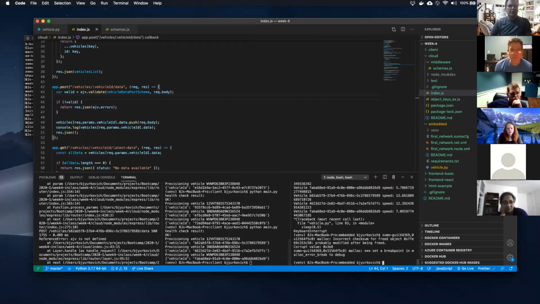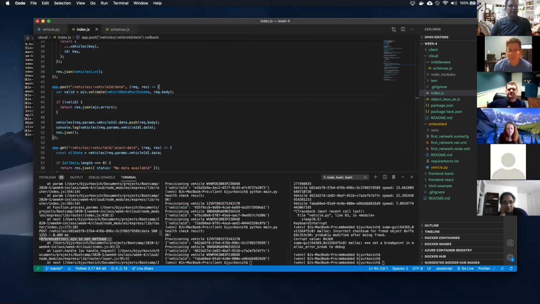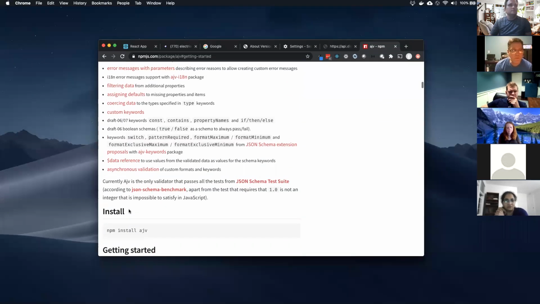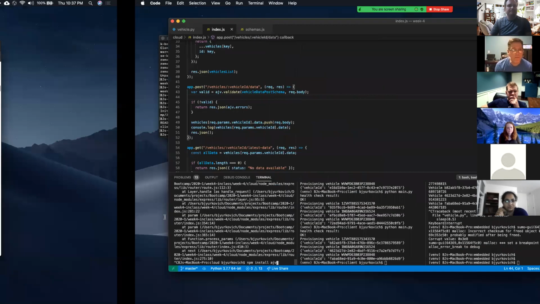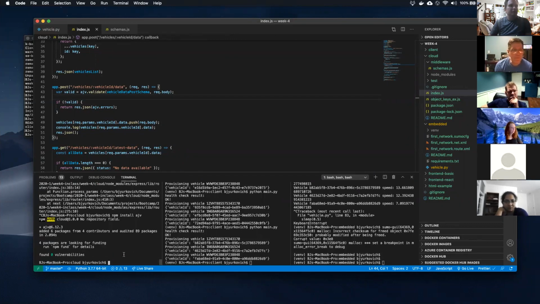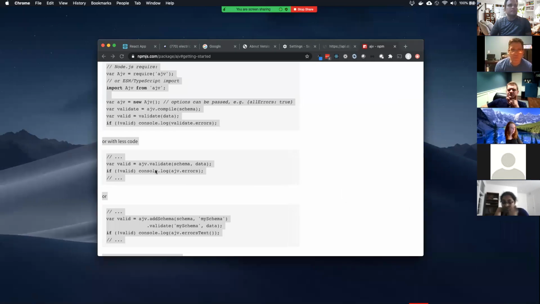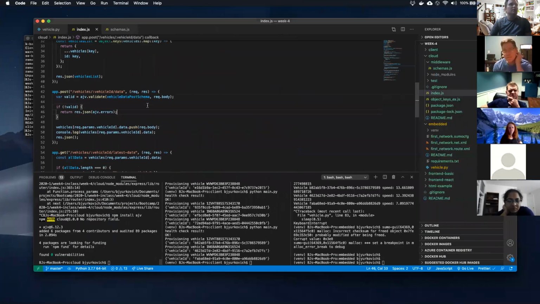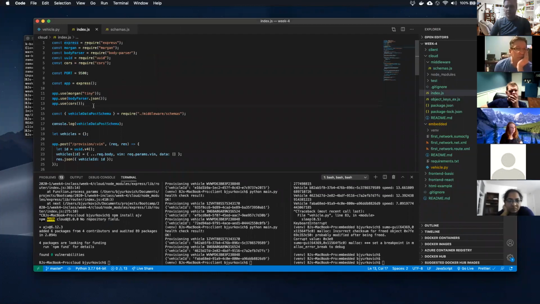And it is not defined. See that? AJV is not defined. Why is that? Because we need to install it, right? So npm install ajv. We have to install it first, and then we have to import it. All right, so that's installed now in our package.json. And it looks like we have to do some other stuff too. We need to require ajv here. It's just another library, just like Express or any of those different things.